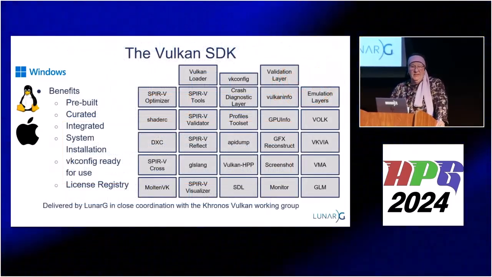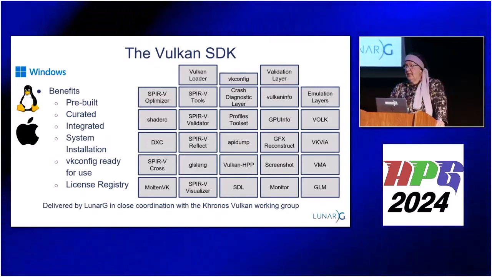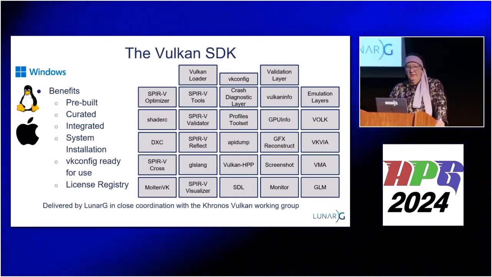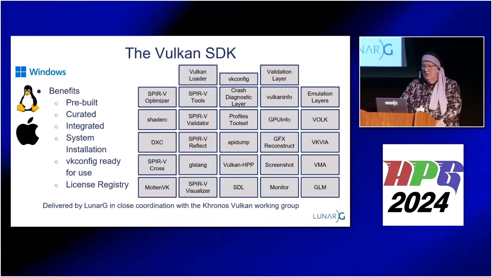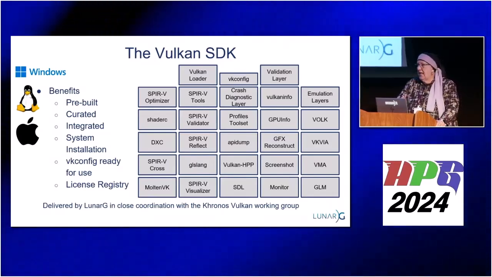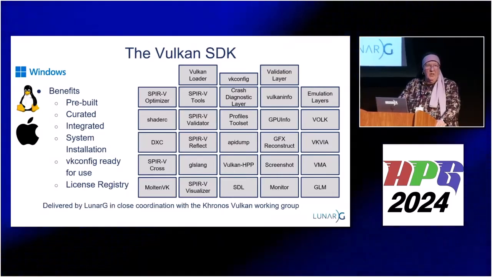All right, so all those things put together, we bundle them, and that's the Vulkan SDK. Might be trivial, but we have to do it for multiple platforms. We do have to package it. What are the benefits of this? The SDK comes from about 27 total open source repositories.